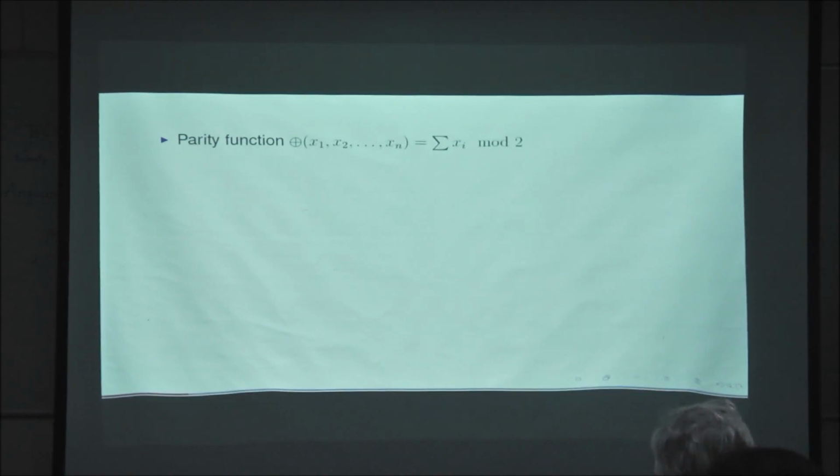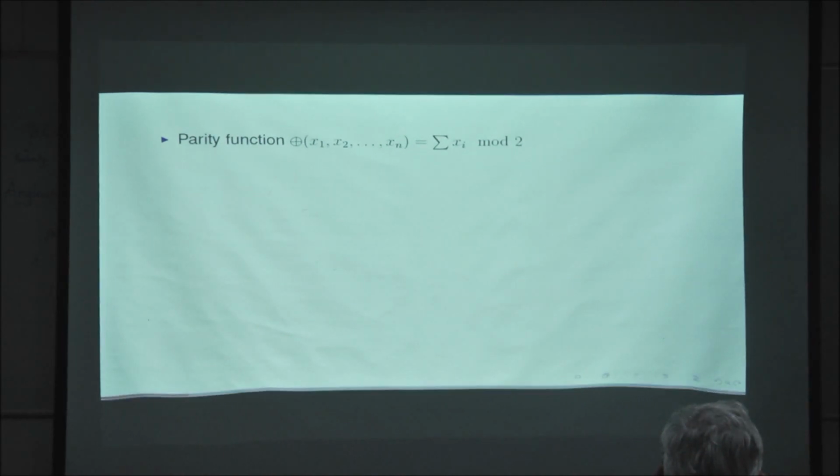Just to begin, recall from the tutorial, or if you're not in the tutorial, recall that any Boolean function can be represented as a polynomial, a multilinear polynomial. So, for example, let's start with a function like the parity function, the sum of n bits modulo 2. We saw it's obviously a polynomial of degree 1 if you're working over the field F2, but it can be written as a multilinear polynomial over any field. In this particular talk, I'm going to look at multilinear polynomials over the real numbers, so real coefficients.